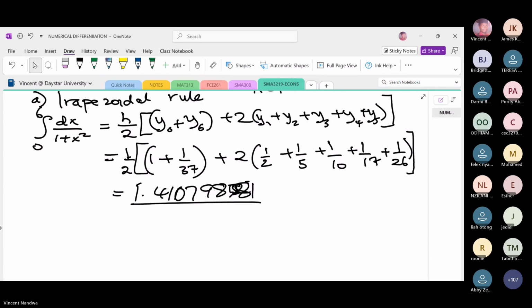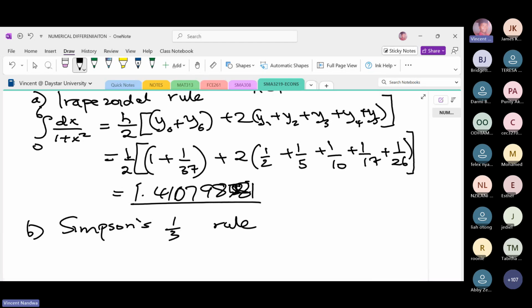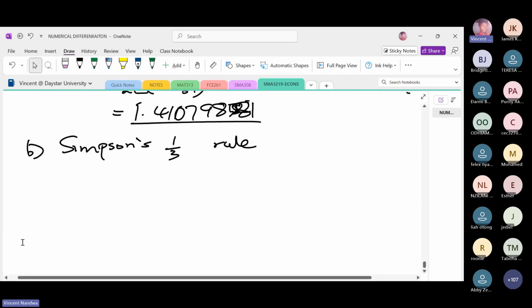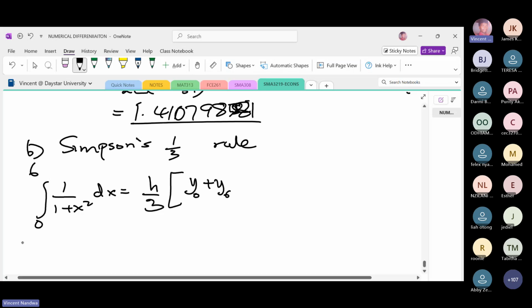Then B, Simpson's third rule. So Simpson's third rule will have, by definition, integral from 0 to 6, 1 over 1 plus x squared dx will be h over 3 into y0 plus y6, then plus 4 into